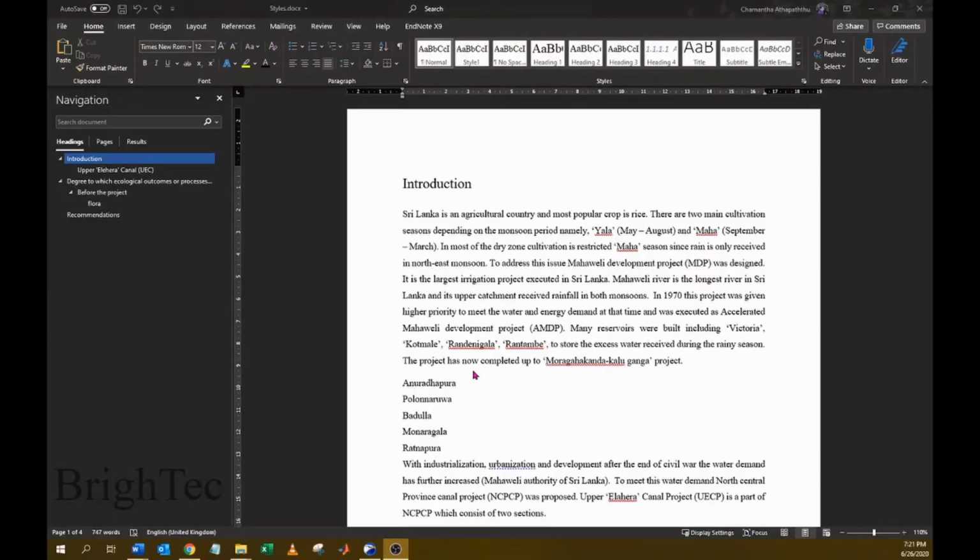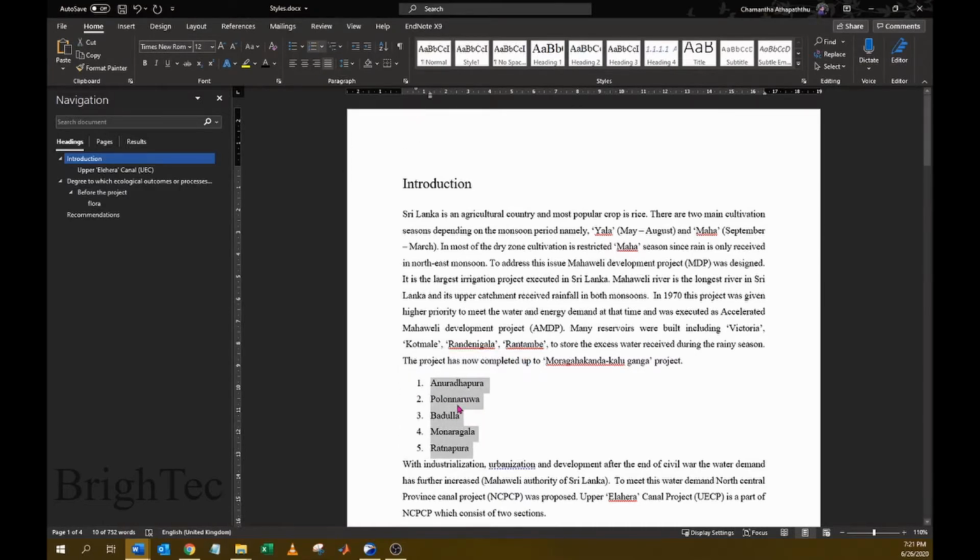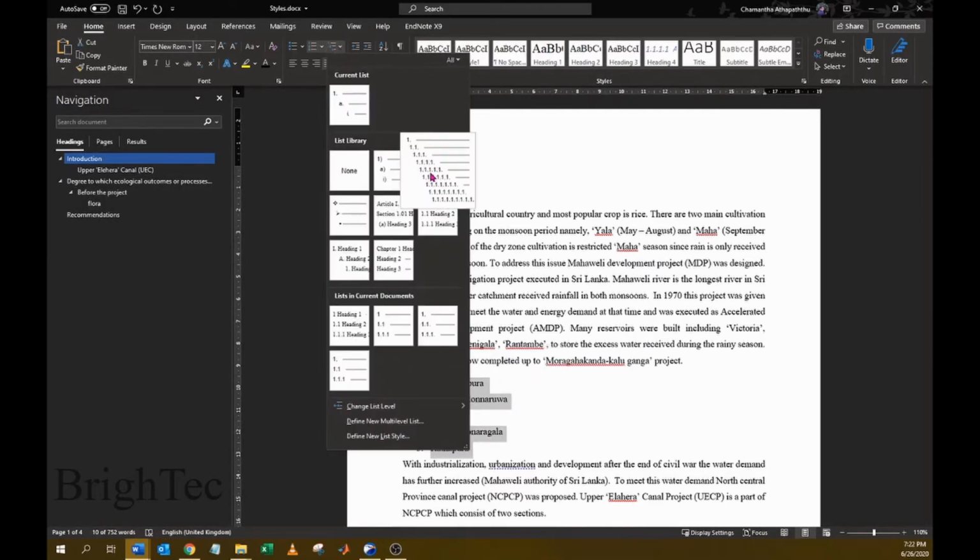Generally, we know how to number a list in a Word document. For example, here I have a list and I can select the list and click on numbering, and that list will be numbered. And if you want several levels of the list, you can keep your cursor at a particular location and press the tab key to allocate different levels. And if you are not satisfied with the numbering, you can again select a different multi-level numbering system.